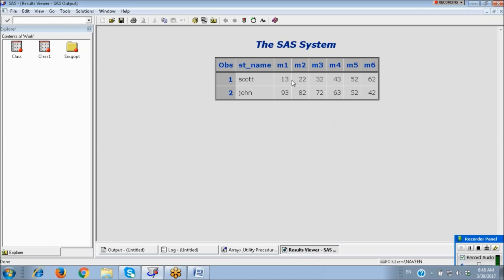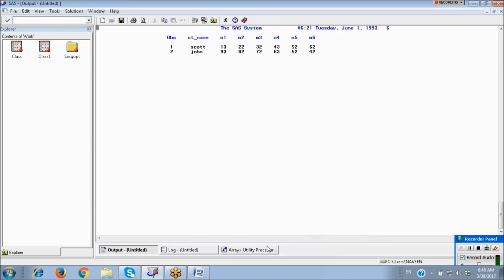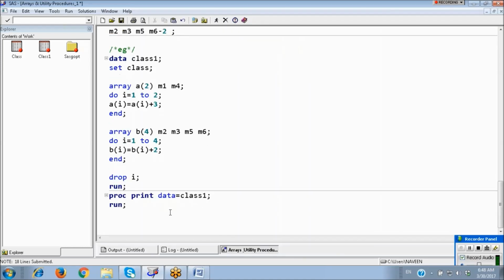This here now. In these two variables, M1, M4, see 3 marks added. Next, in these 4 variables, M2, M3, M5, M6, see 2 marks added. Next,